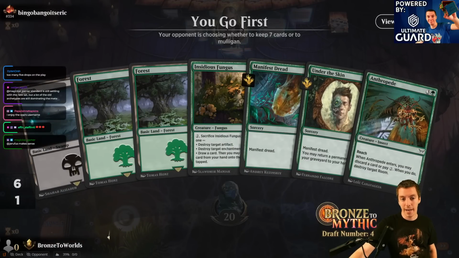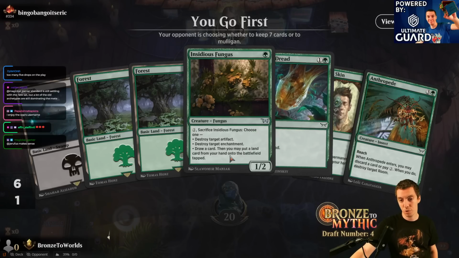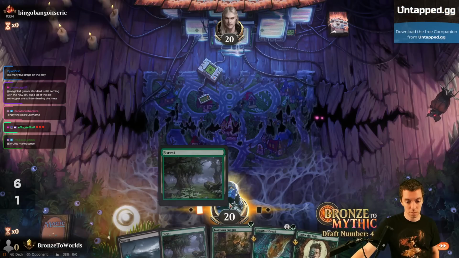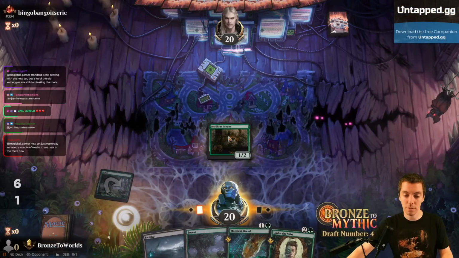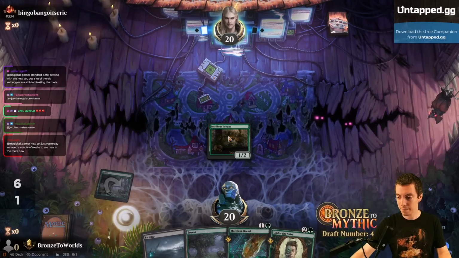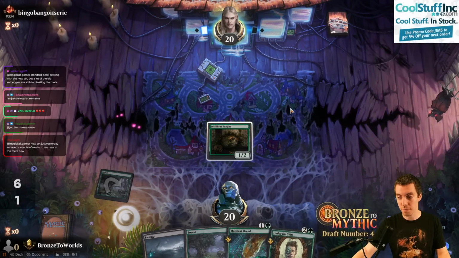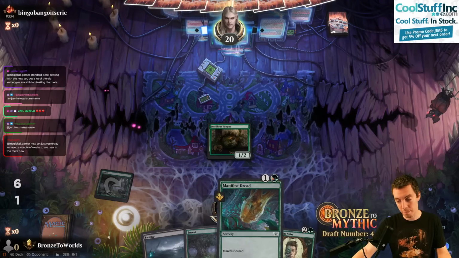Pick up a decent hand. This is fine. 1, 2, 3. Dump the Anthropede. Alright. Little beatdown draw. Bunch of Grizzly Bears, and I want to... Might just play Under the Skin as, like, you know, 2 to draw a card. We'll see what the Dread picks up, but...